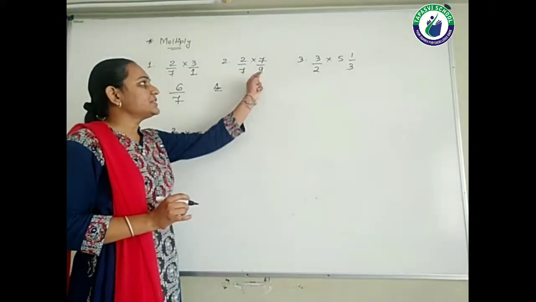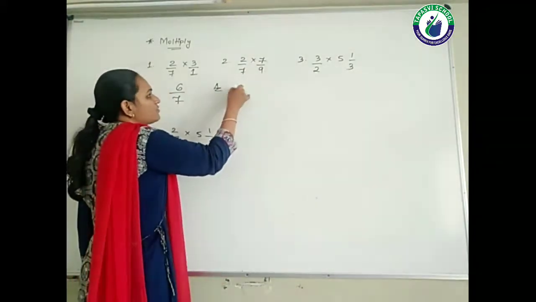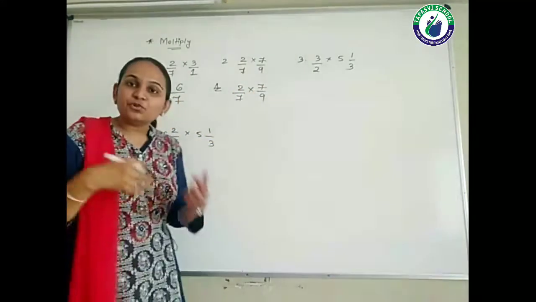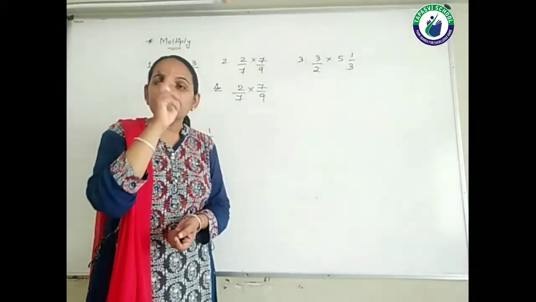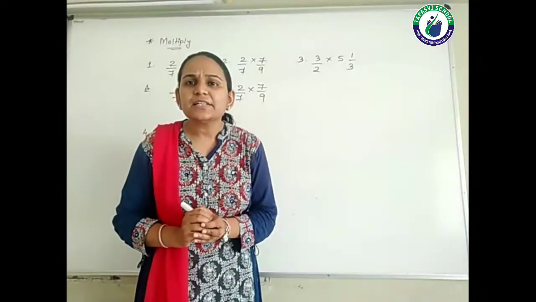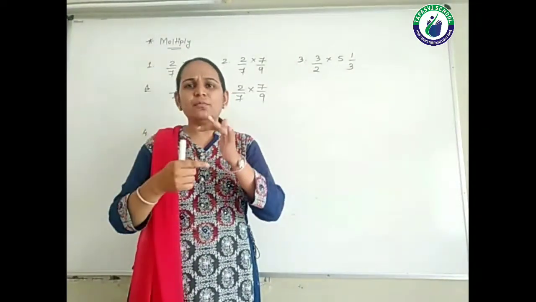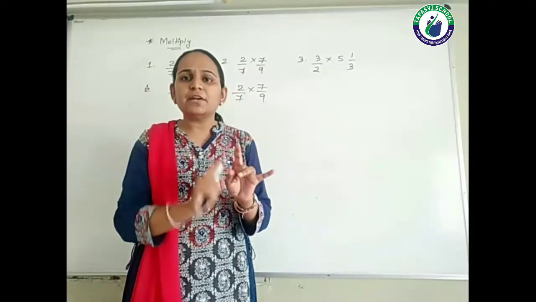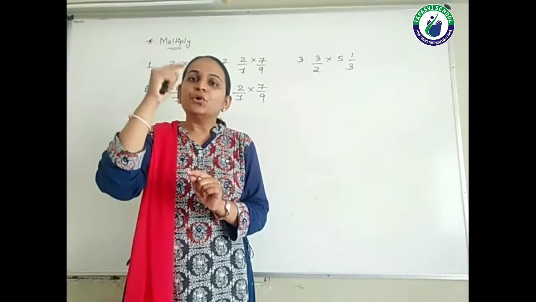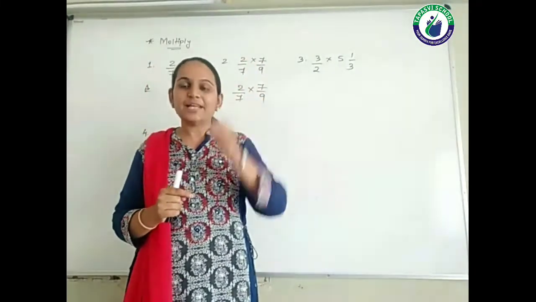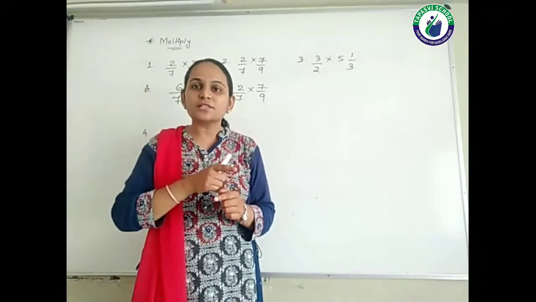Now if you can see this particular fraction, students, 2 upon 7 into 7 upon 9. If you wish, you can cut this 7 and 7. See, always remember, students, whenever we are doing cutting, the cutting is always done with the numerator and denominator. Numerator को numerator के साथ cut नहीं करना. Similarly, denominator को denominator के साथ cut नहीं करना. Numerator with the denominator. Now it can be done on the same line also.